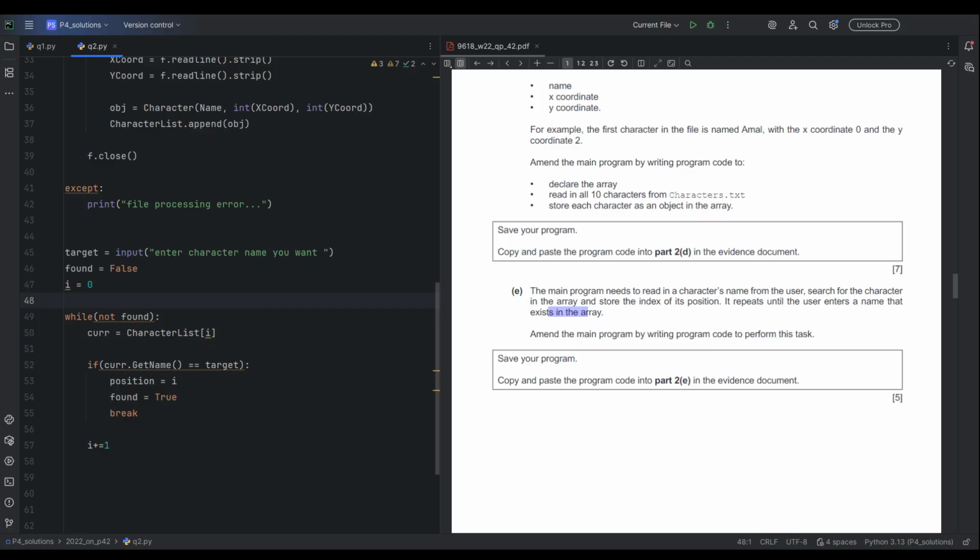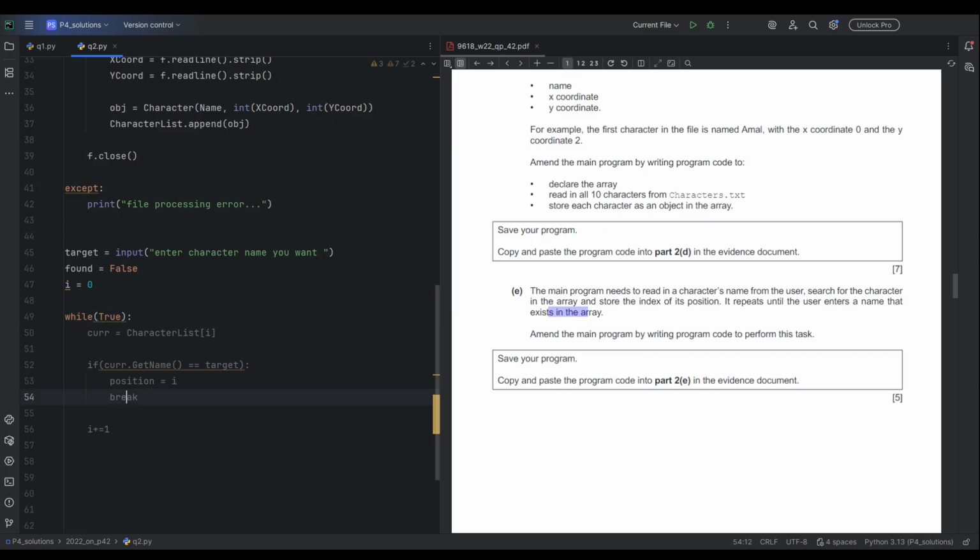So we are starting the loop and we're saying until we end up finding the value, we get the current value out, we get the name. If it matches the target value, we store its current index I, which is initially set to 0, and we set found to true, and we simply break the loop. Or we don't even really need to do this. So that's the idea. Or if you want to simplify it further, you can just have while true, which is